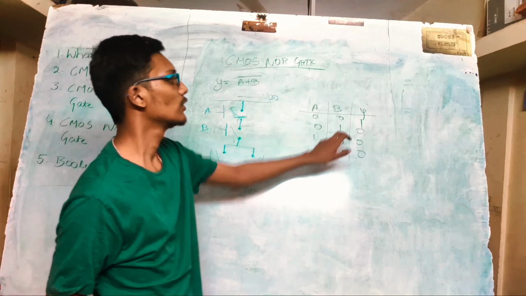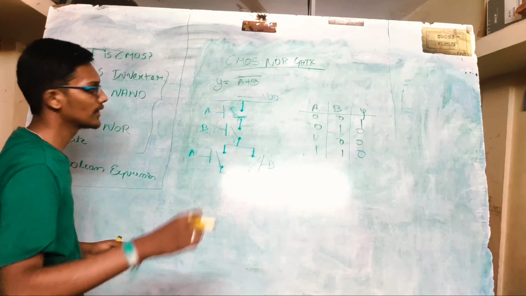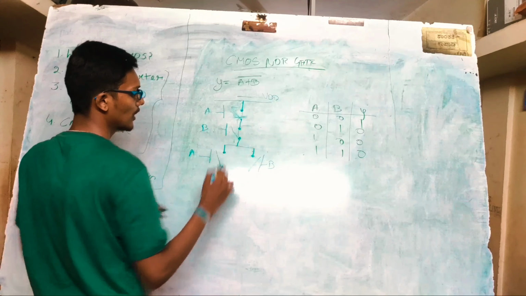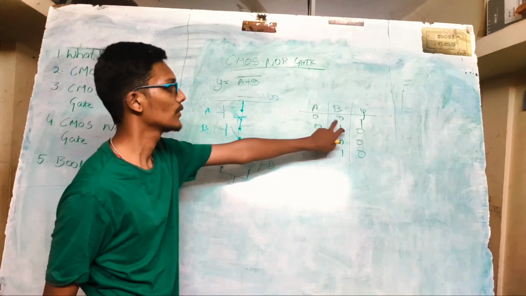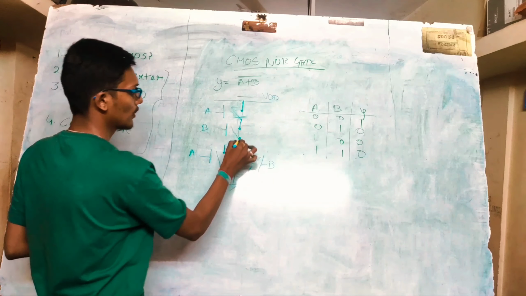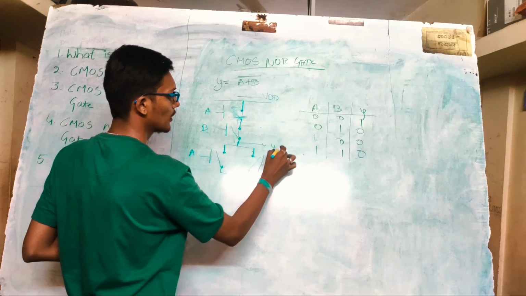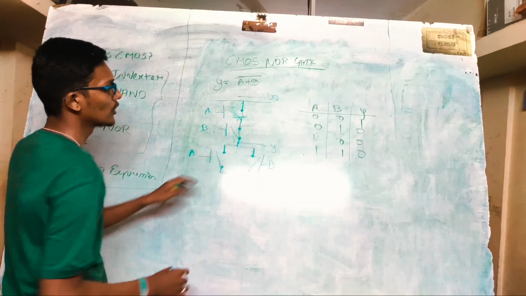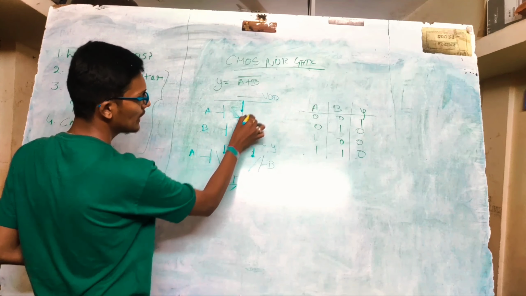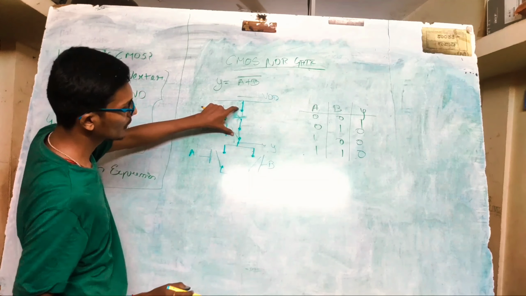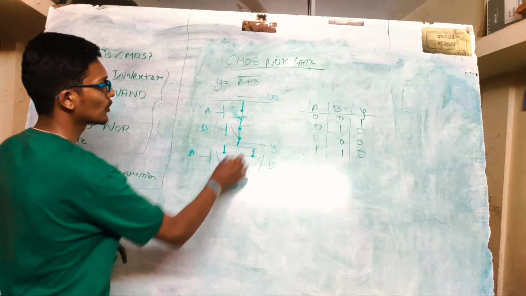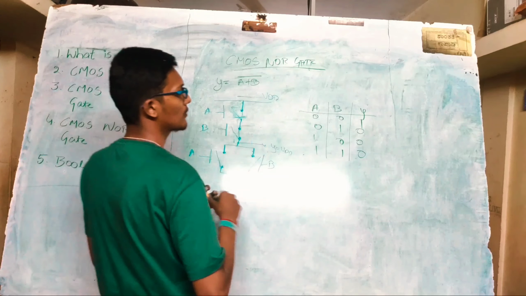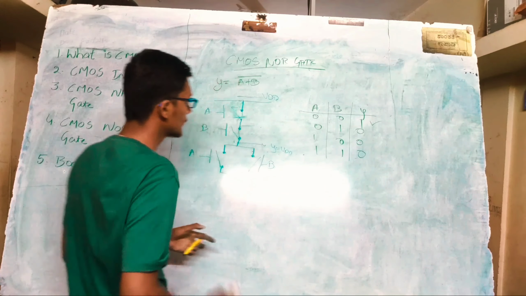Fine. For the 0 0 combination, PMOSes will work at 0, right? So this is short circuited. This is short circuited, and NMOS will work only at 1. So now we have 0 0, so this will be open circuited. So this is my output Y. So this is short. This is short. So what we have is a path between VDD and Y. Direct connection, because both the transistors are shorted. So what will appear at Y is equal to VDD, which is treated as logic 1. So the first part of the truth table is verified, that is 1.